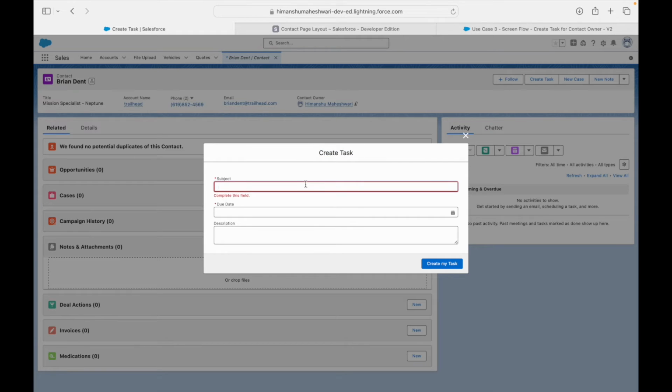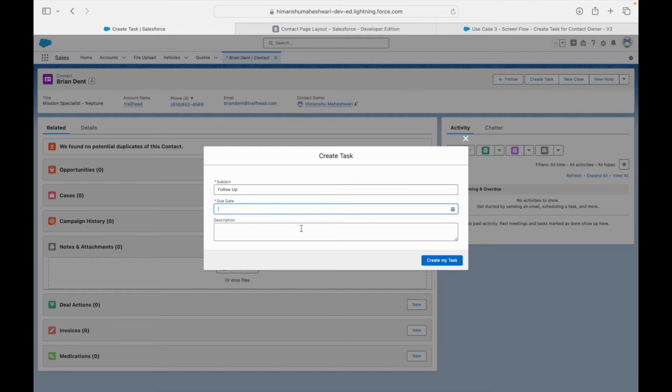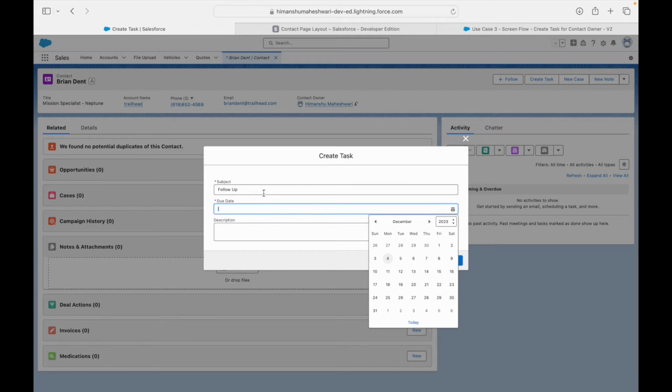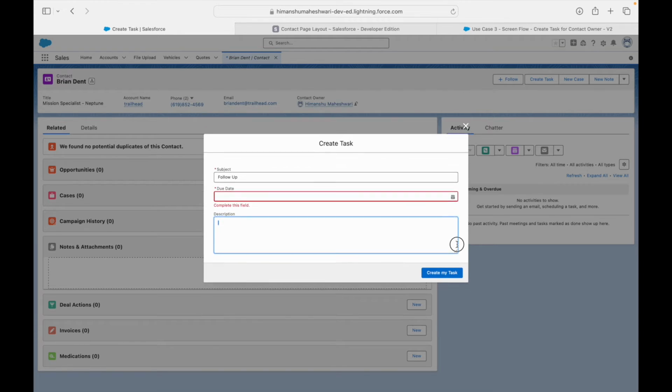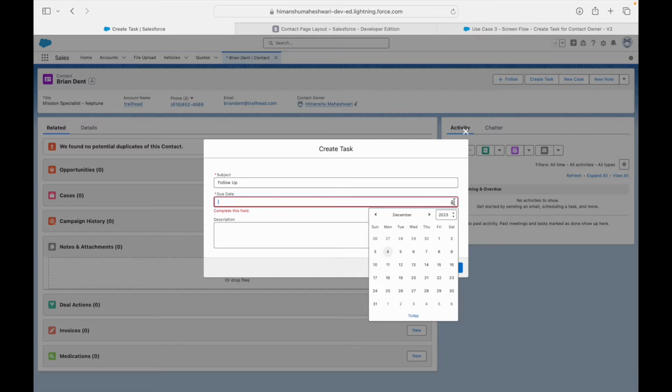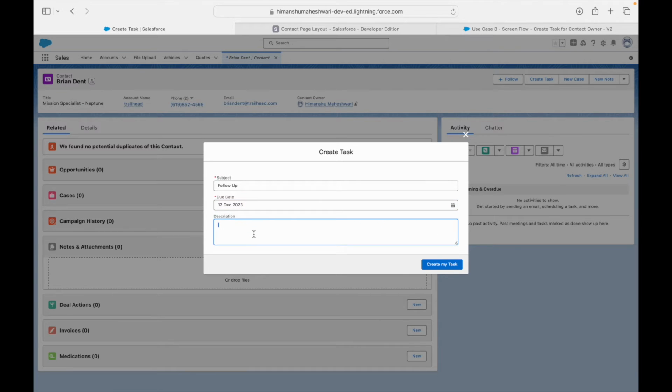Okay, let's start putting in the subject. So I want to say follow up. I want to put a date here. If you notice that every field has a data type, right? So this one is a text area. See, it expands similar to how a text area behaves. This is a date picker. So you have a date picker here. So I'll choose a date and then I'll say,